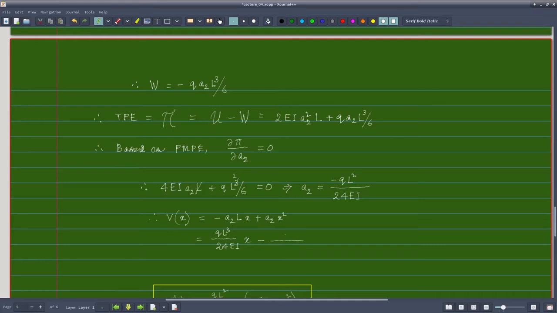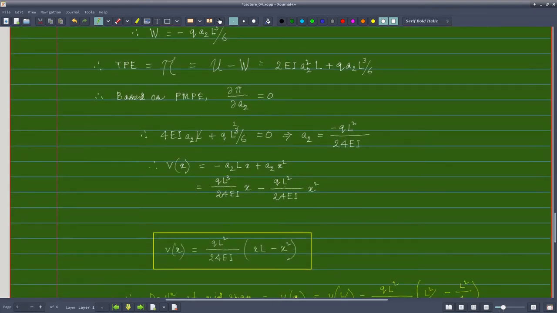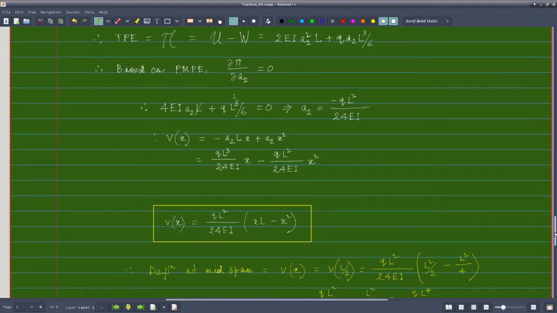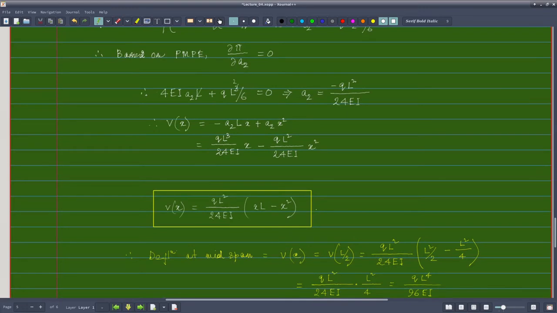So qL square by 24 EI into x square. And now I can take qL square by 24 EI common, so qL square by 24 EI, then I have xL minus x square. Okay, so this is my value of the deflection at